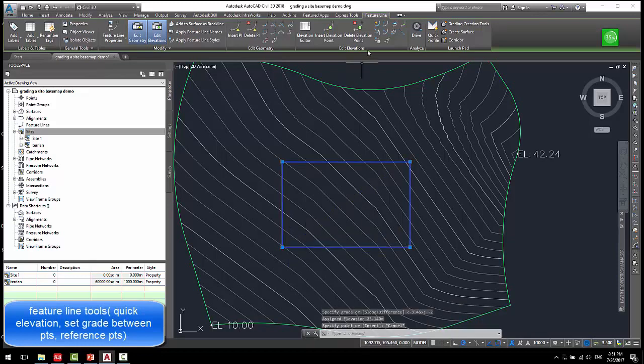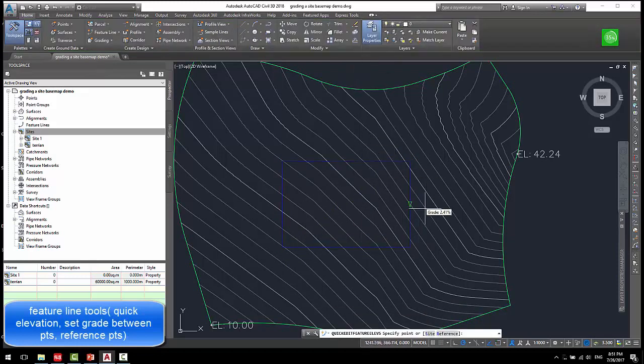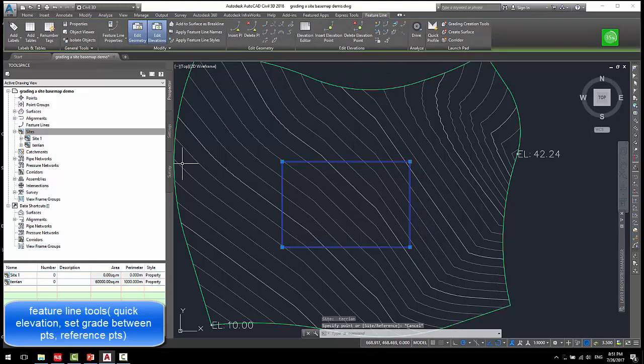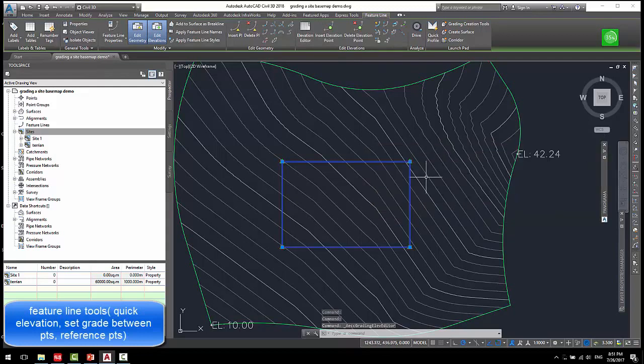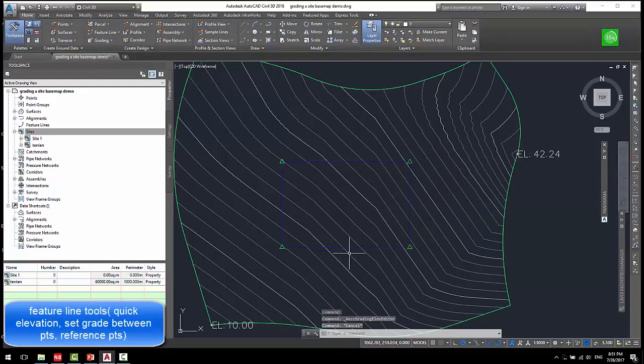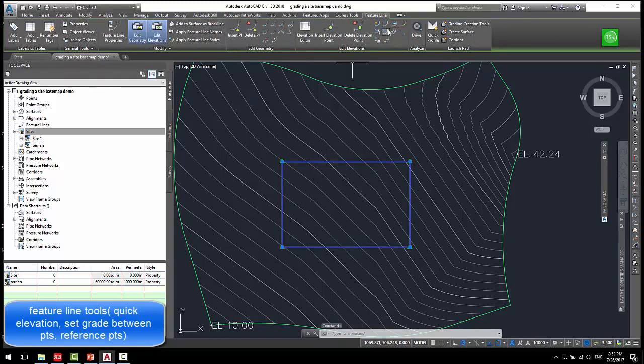You can use the Quick Elevation tool to check them. It's really important to click Elevation Editor, so you know each point's elevation, and it will also show all the elevation points, the control points. And then what you do next is you select the feature line again, and you use